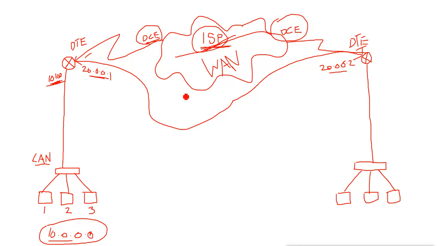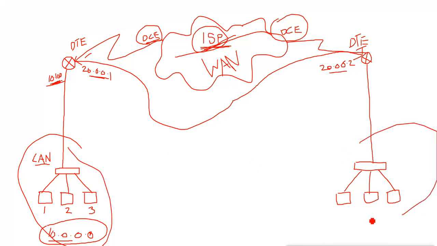So right now we do not want to configure this WAN. We just want to see how we can communicate from one network to another network. So in this case, we connect the serial port directly from one router to the other router, and if this end is DTE, then the other end will be DCE, because it depends on the router and on the serial cable.